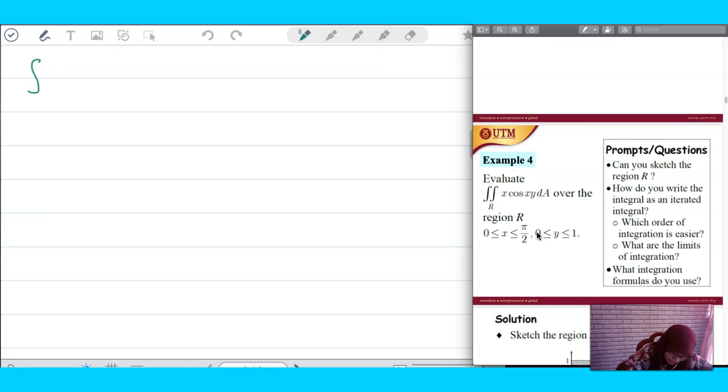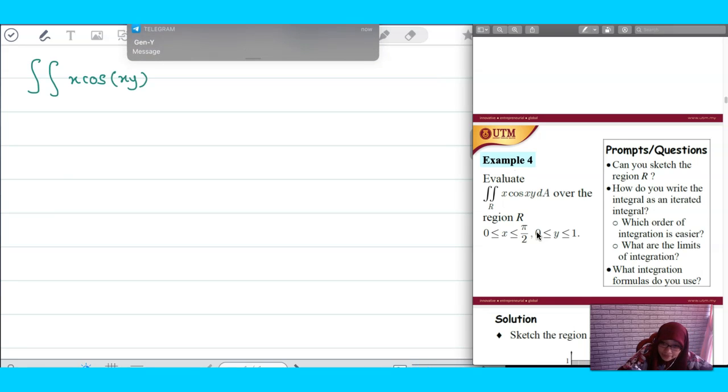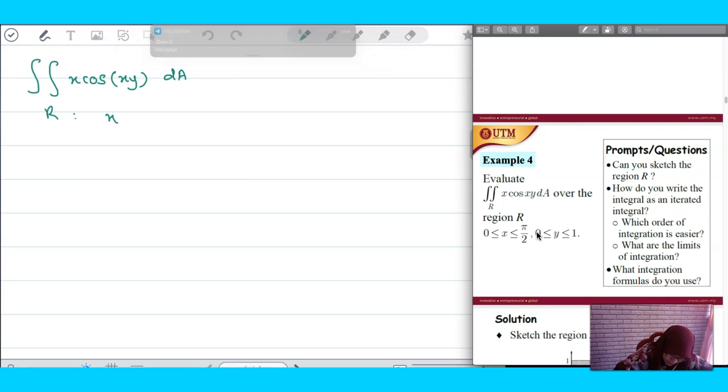Okay, so to solve this, firstly we have the double integral of the function x cos of xy, and it is better for you to put the bracket and dA. The region is based on the value of x from 0 to pi over 2, and then y is from 0 to 1. Okay, so now